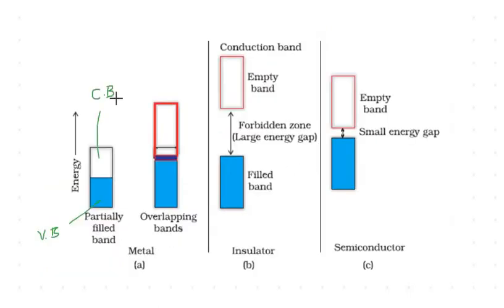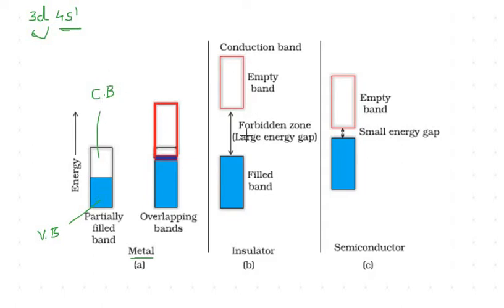Okay, so now let us understand this. As you can see in the figure, in case of metal, the conduction band is the next higher orbital. Let's say it is 3d4s, so let me write this. We know that 4s is filled first and then later 3d is filled. So if the electrons are in 4s, this 3d becomes what? The conduction band, and 4s1 is what? The partially filled. I hope you understood this.